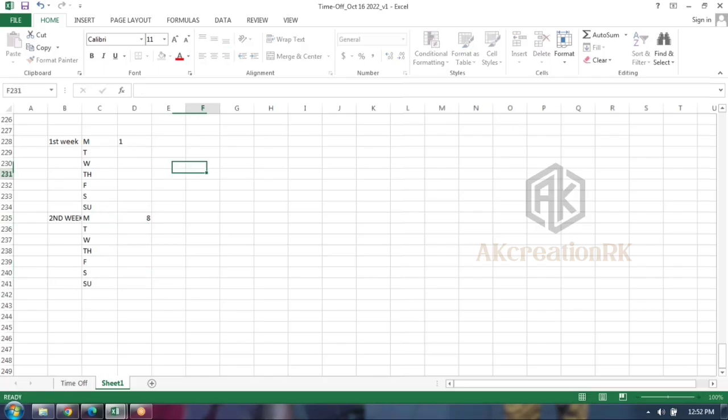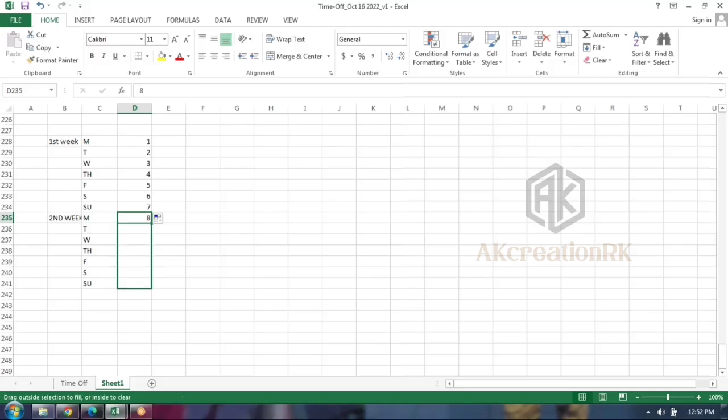So this is 1 to 7, right? So 1 acts as an 8, 2 acts as a 9, and that way 7 acts as a 14. It will repeat until 1 year, guys. Until 1 year it is going to keep on executing. But now you guys had a question.